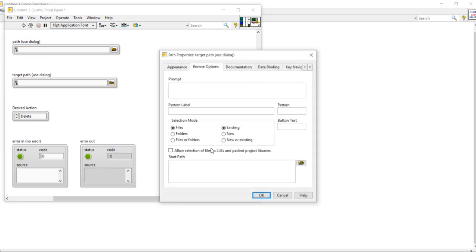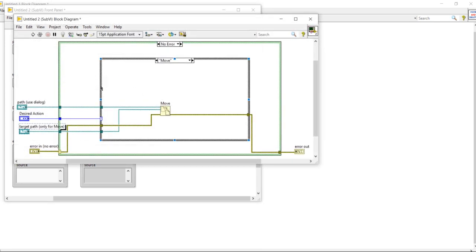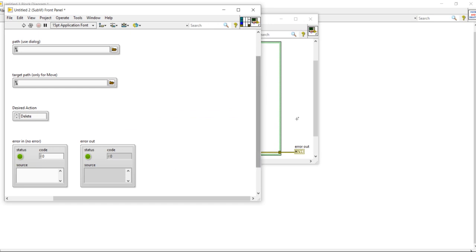Here right click, browse options. Here target path only for move. Okay, right, only for move.